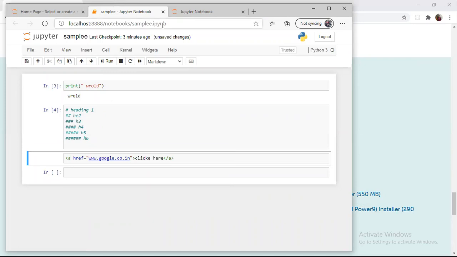So by default, your Jupyter notebook will come with IPYNB. That's nothing but an IPython notebook. You guys can handle this. So we discussed today about import statement, and we discussed today about handling the Jupyter notebook. So your basic Python gets over by today. Tomorrow onwards, we are going to handle